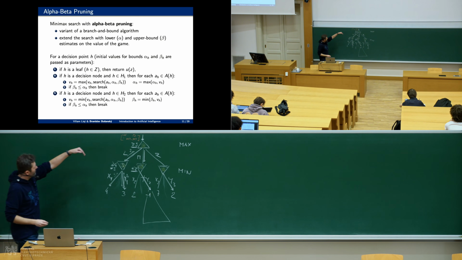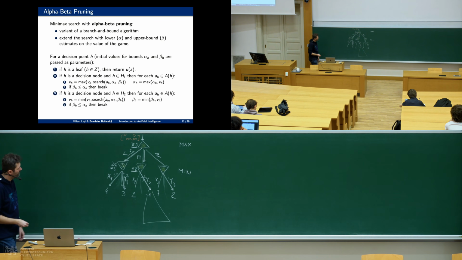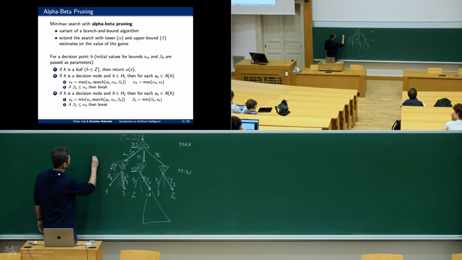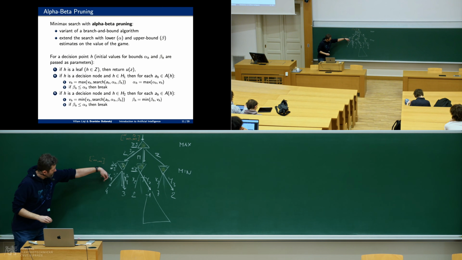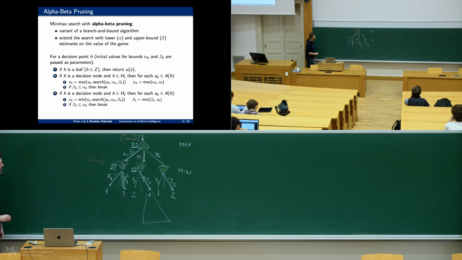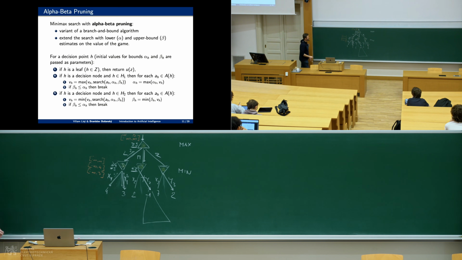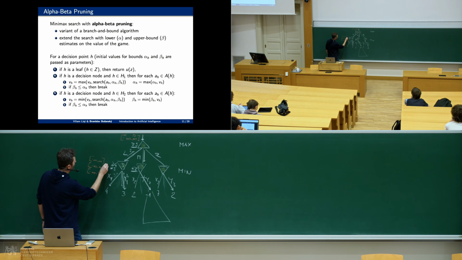And then we go and search as previously. So again, we propagate these values down. We have minus infinity plus infinity. And then after exploring x1, we know that the value is at most 4. So we change our interval to minus infinity 4. Then we change it to minus infinity 3 after exploring x1. And then we propagate that 3